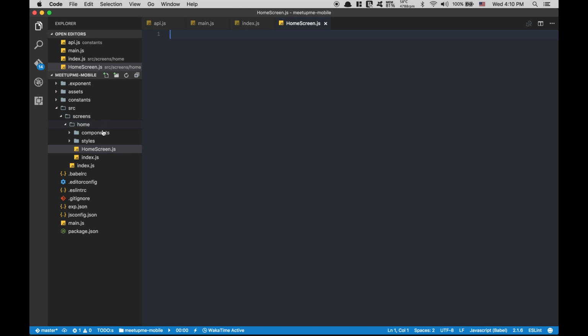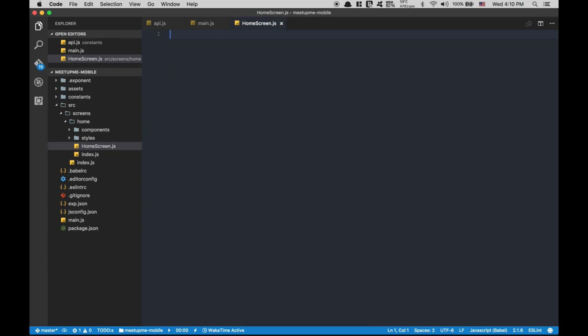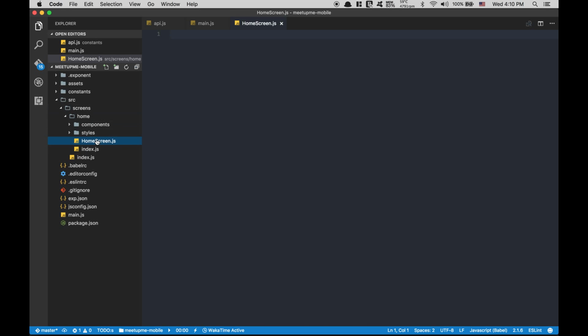Inside my index.js, that's gonna be an easy one. I'm gonna just import home screen from home screen, and then I'm gonna export it like that. So this is the thing we're gonna import here. After that, inside my home screen,